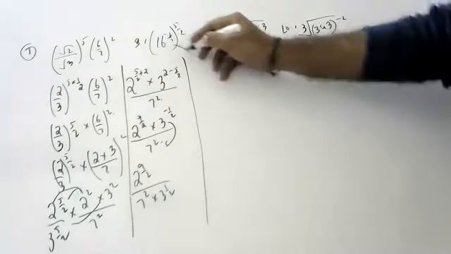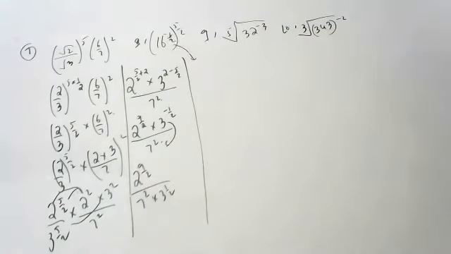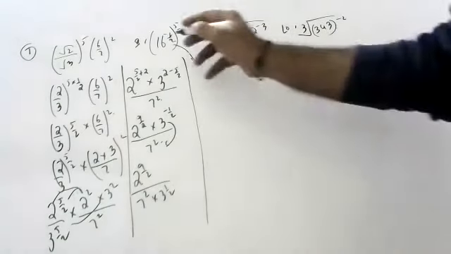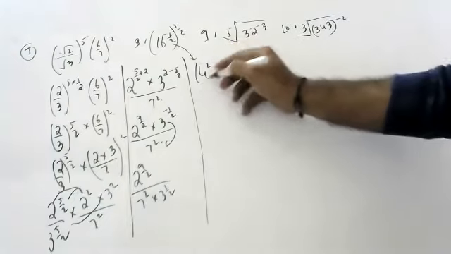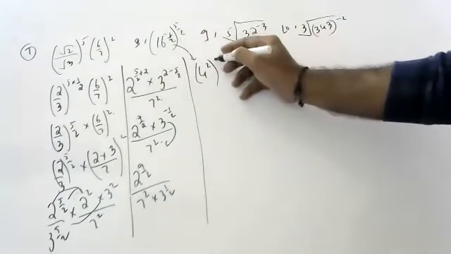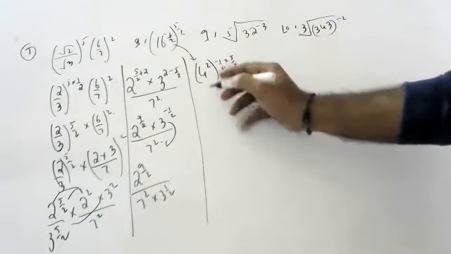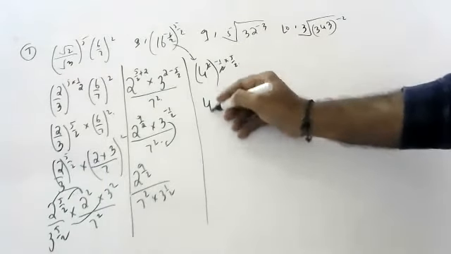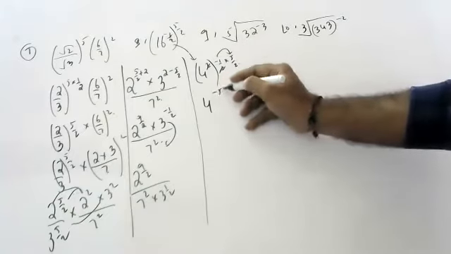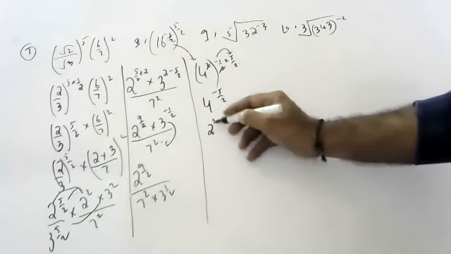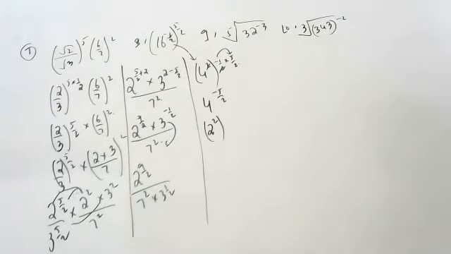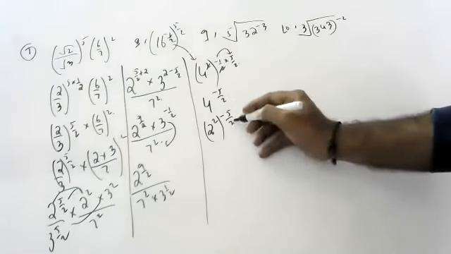Can you tell us how to do this? This is minus 1 by 2. So 16 whole power 5 by 2 into 4 square. 4 whole squared, power 2 into 5 by 2 into minus 1 by 2. So 4 to the power of minus 5 by 2. 4 we can write as 2 square. Minus 5 into minus 5 by 2.